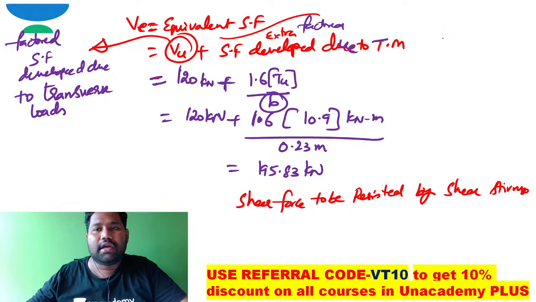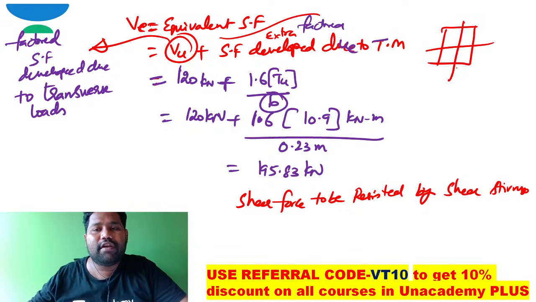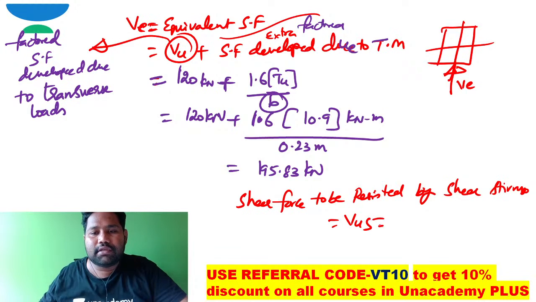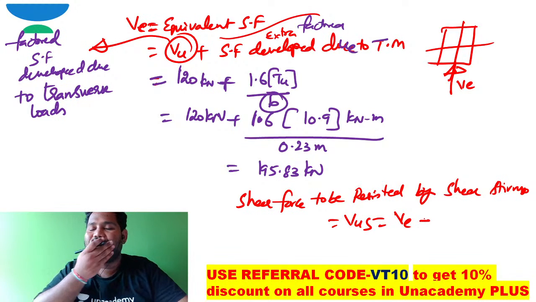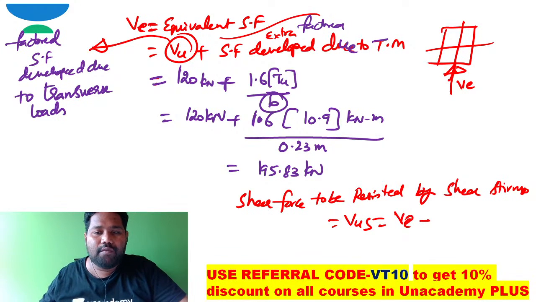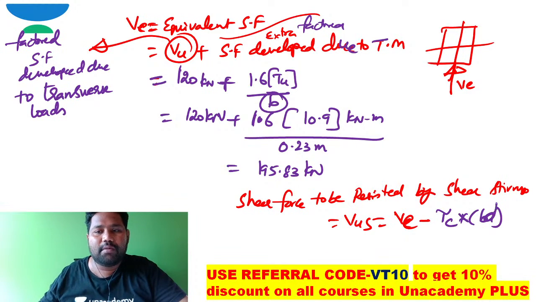On the cross section, the total developed shear force is the equivalent shear force VE, right? So this is called VUS. It is VE minus the shear strength of the RCC beam. How can we work out the shear strength of RCC? It is tau C, the shear strength of the RCC beam in terms of stress, multiplied by the cross sectional area BD. What does VE stand for? VE equals 195.8